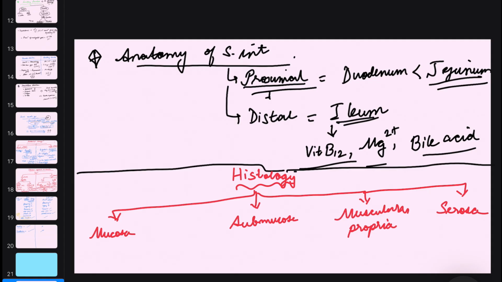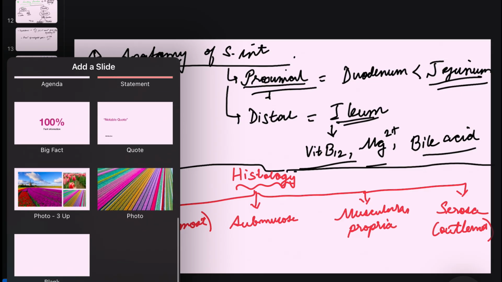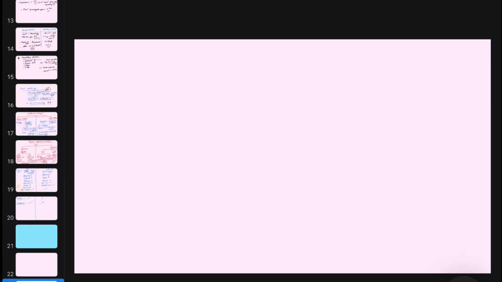So this is from the innermost. This is the innermost, and we are going up to the outermost. Now, the most important of these layers is the mucosa. So we have to talk about the mucosa in a little bit more detail. What detail? Okay. So if I say that I'm going to talk about the mucosa, let's quickly do. What does the mucosa of the small intestine have? The mucosa of the small intestine again is made up of a certain few things. What are they? First,